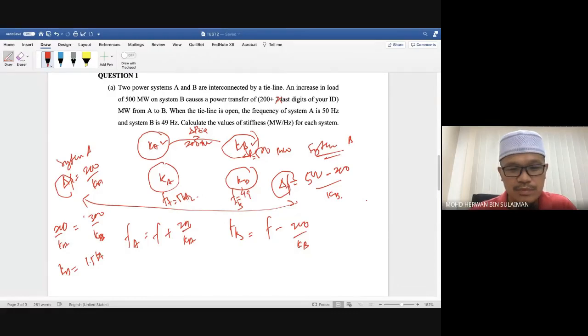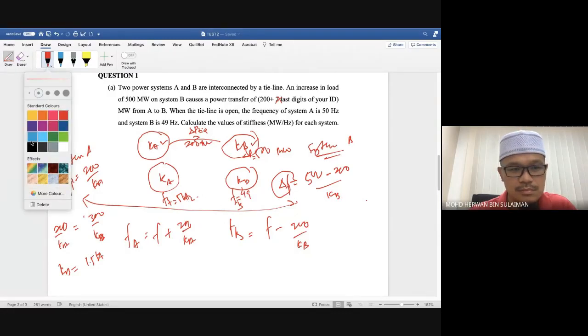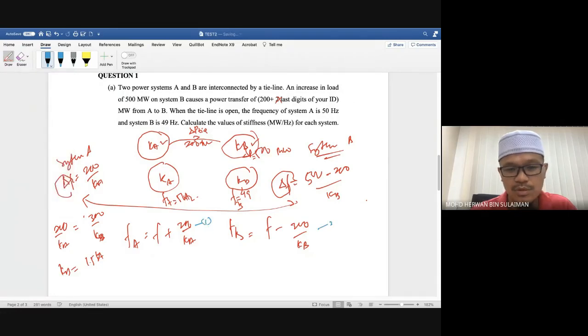Okay, so you get these two equations, equation 1 and equation 2. To make it simple, you do FA minus FB, where FA is 50 Hz, so 50 Hz minus 49 Hz. So F minus F is 0, and 200 minus 200, you get 400, equals to 400 per